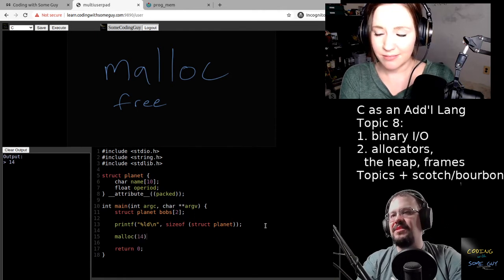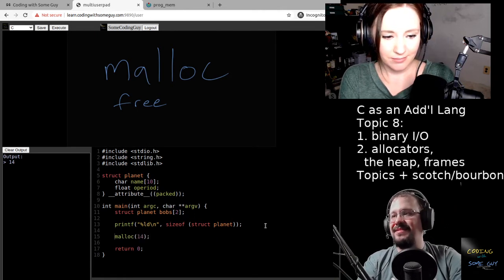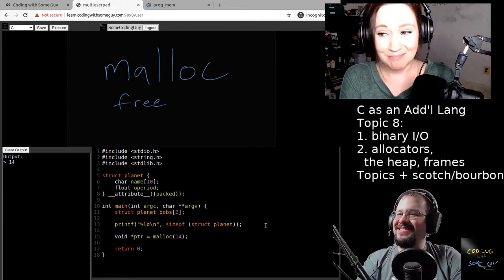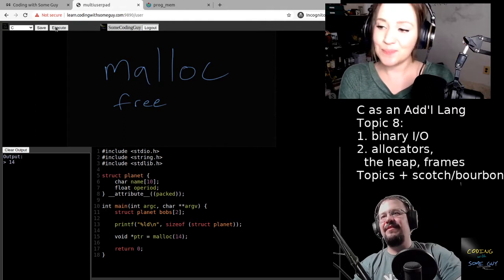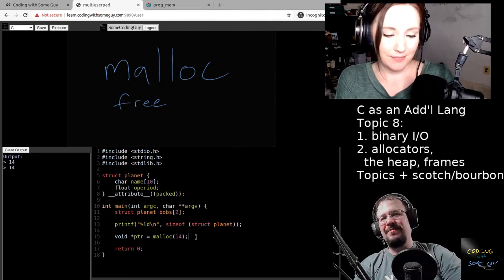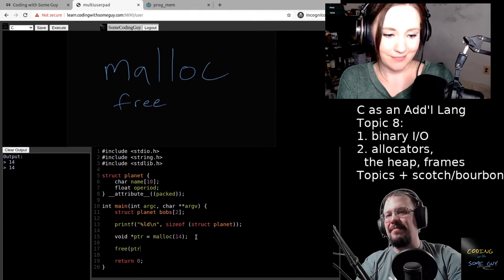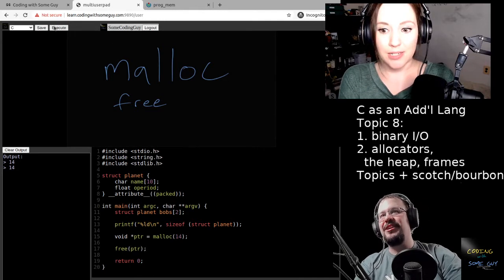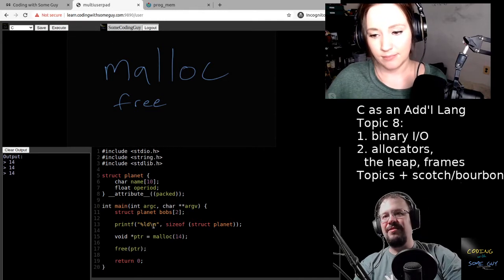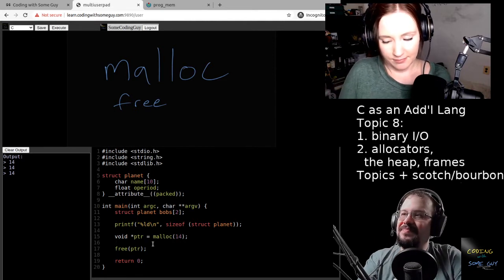So we could directly ask for 14, and we could return that as a void pointer, because you love those now. My new best friends. And if we run this, it's fine. We just leak some memory, right? So we're going to assume that allocation always works, and we're going to remember to free it. And we're good to go. We wrote our program. We have 14 in there.